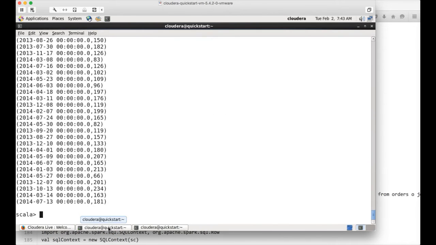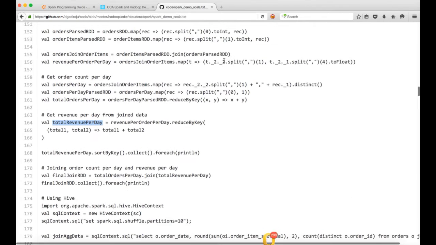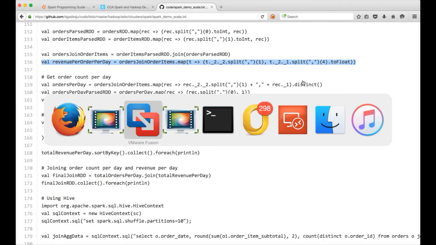So that being said, one more thing we have to do is, when we apply the map function here, we have to apply the toFloat as well, so that when we actually get order date and order revenue, the order revenue is represented as float. Otherwise, as the record itself is a string, after applying the split function it will create an array of strings, so it will be represented as string and it can cause issues downstream. So for now, we will also apply the toFloat function on this, and you can copy and paste it here